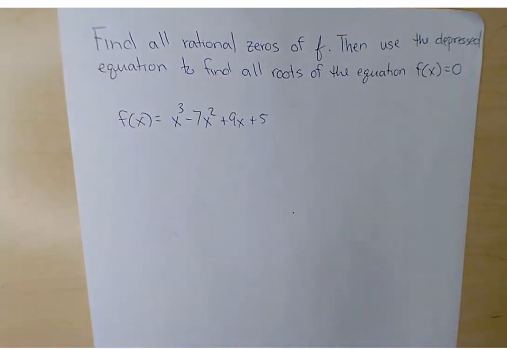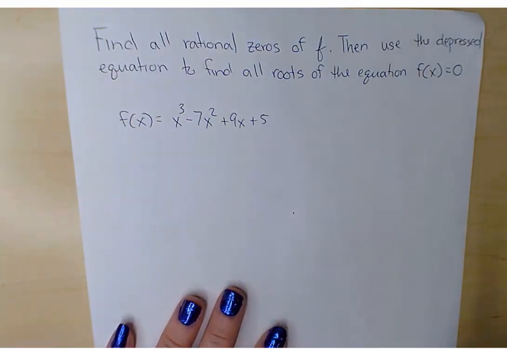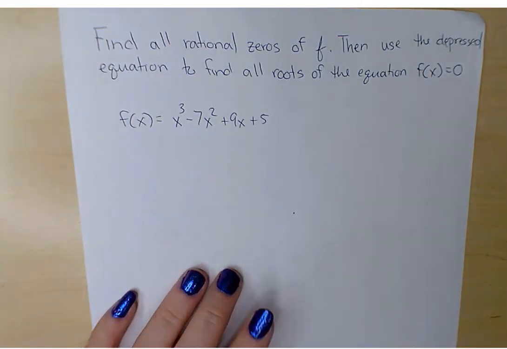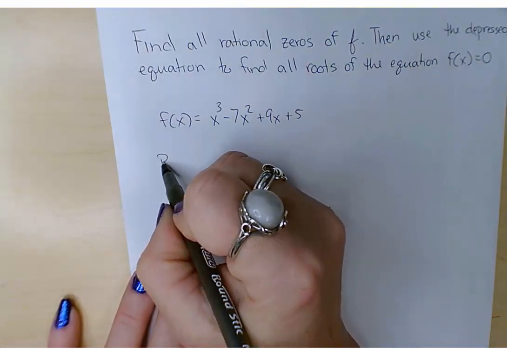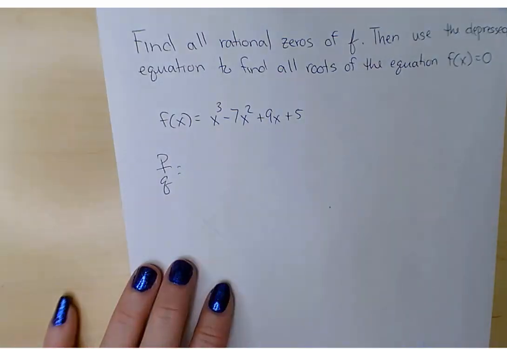Let's find all the rational roots of f and then use the depressed equation to find all roots of the equation f of x is equal to 0. So first we need to find all the rational roots of f. If it's asking us to find the rational roots of f, what it's asking for is the p over q